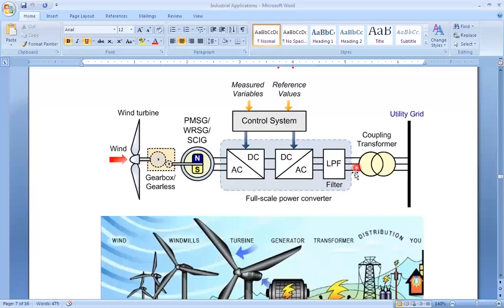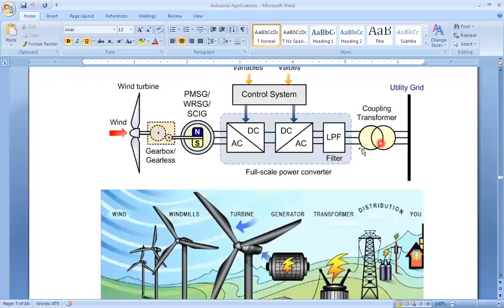If the generated voltage level, let's say, is 6.6 kilovolt, but the requirement at the utility grid, let's say, is 11 kilovolt, then how do we match it? It is only by using the transformer. So if the output of this inverter is 6.6 kilovolt and the requirement is to connect this output at 11 kilovolt, then we need a 6.6 kilovolt by 11 kilovolt transformer, so that we can meet the grid demand voltage. Okay.